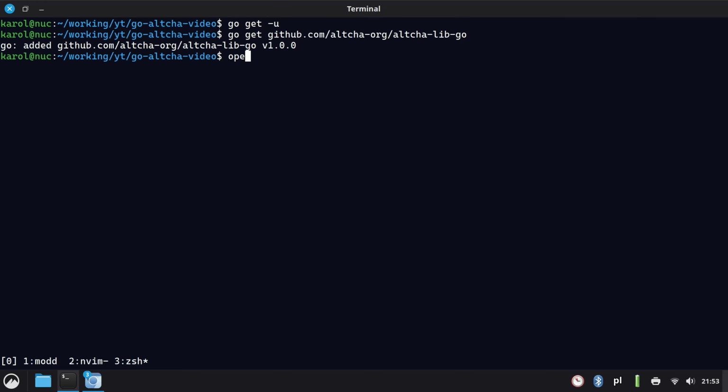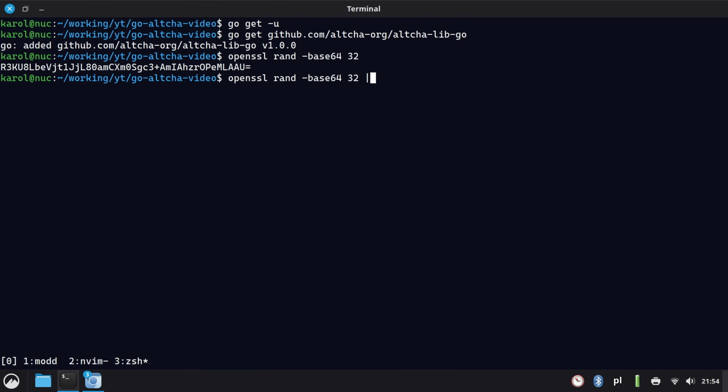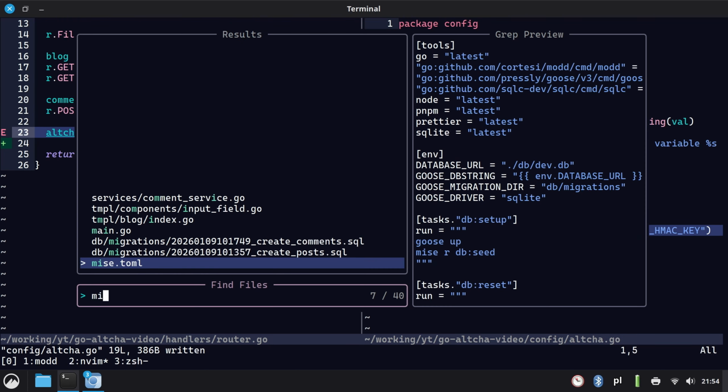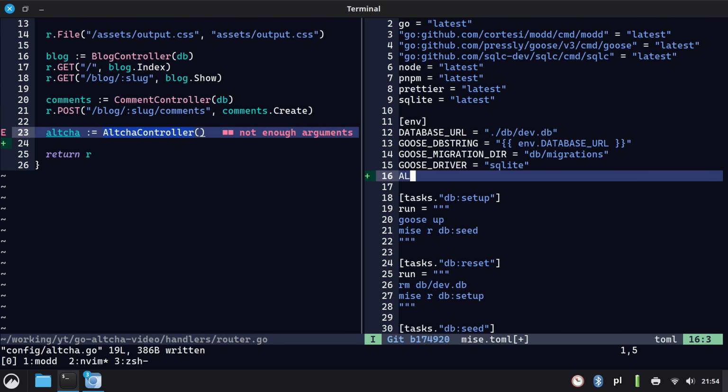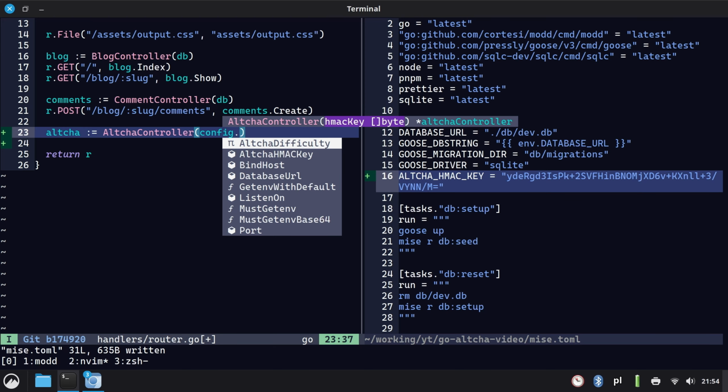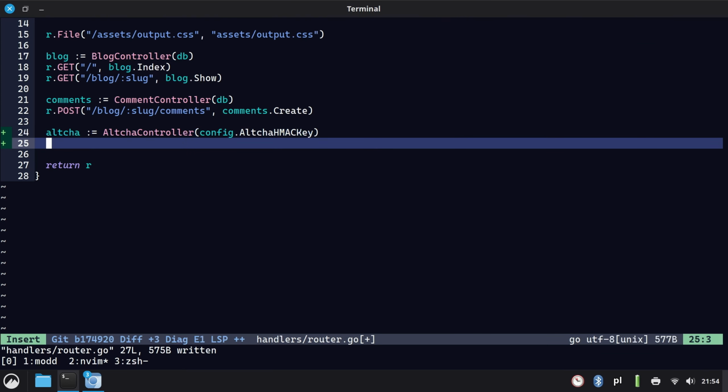So openssl rand -base64, and I'm going to make it 32 bytes, and I'm going to remove the newline at the end of this value, and I'm going to copy it to the system clipboard so that I can open this mise.toml file and add it here. ALTCHA HMAC key equals this value,